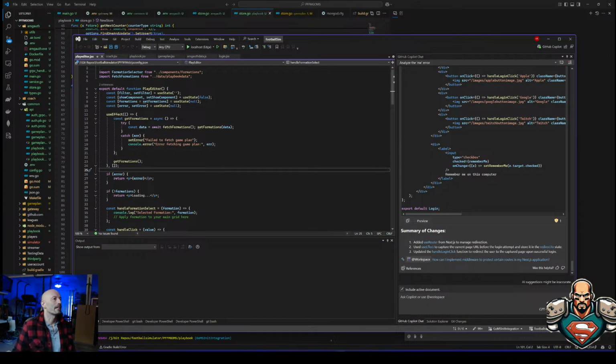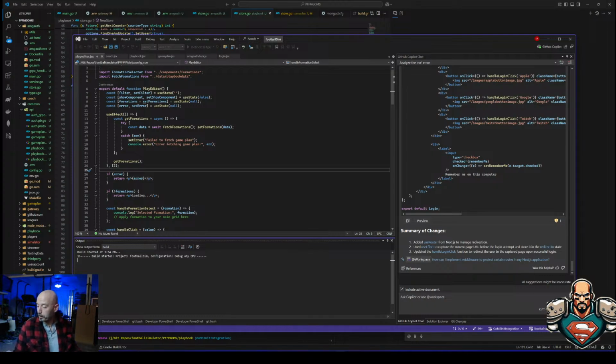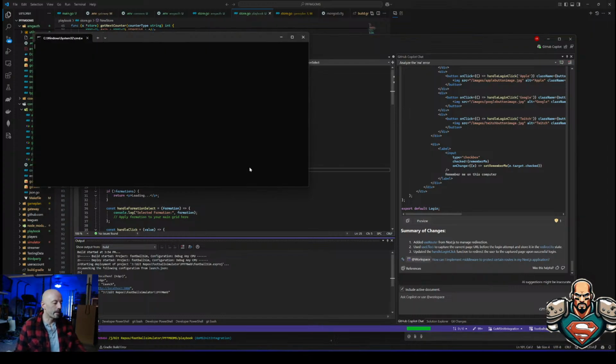Anyway, all right, let's see what we got. Now, in theory, this stuff all works, or this all loads up. This app was loading up. The only problem is when it loads, it